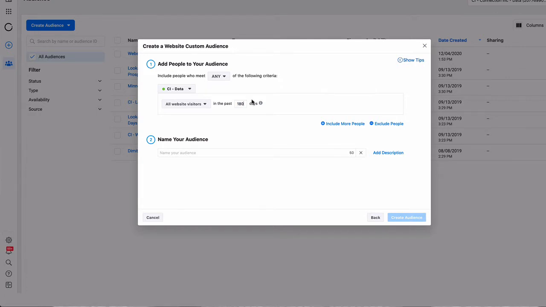So 180 days is the maximum amount of time that you can retarget somebody with these ads. We want the maximum because sometimes it can take people 4 months, 5 months, 6 months, a year from the time that they start researching buying a home to the time that they're actually ready for a transaction. Well, with this particular strategy, that's a great thing because it gives us the time